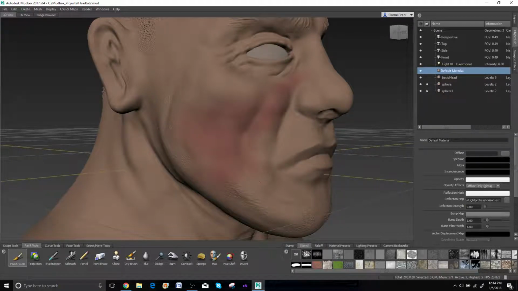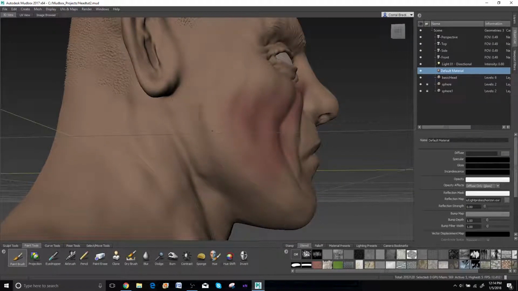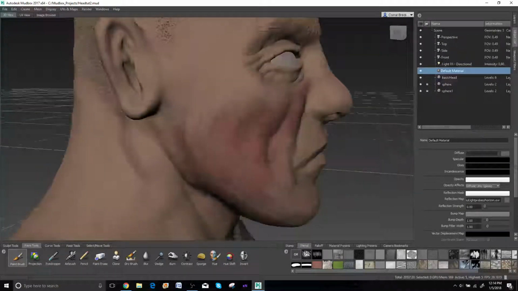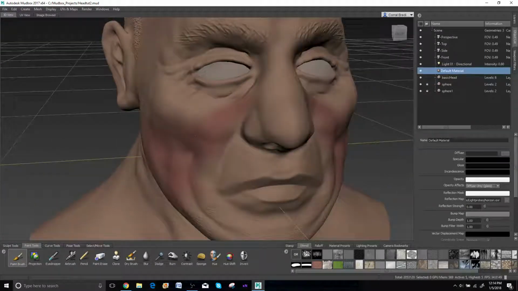Just clicking in, just adding some color in here. And it comes around the side here and goes underneath the chin as well. So I'm just going to start to lead it into under the neck region here, and feather it in over in here. Okay, and there's a lot in the nostril region, so we're going to